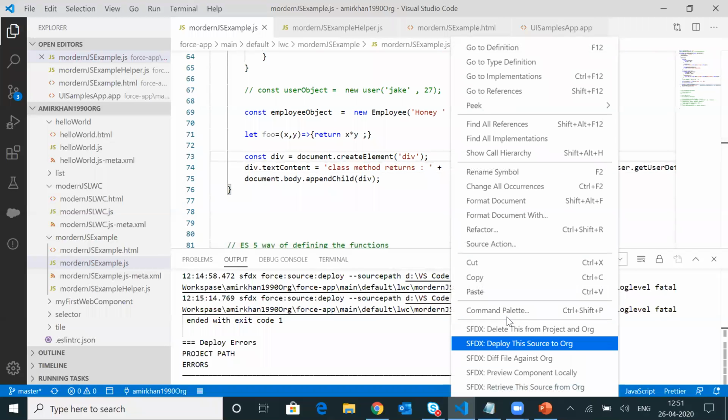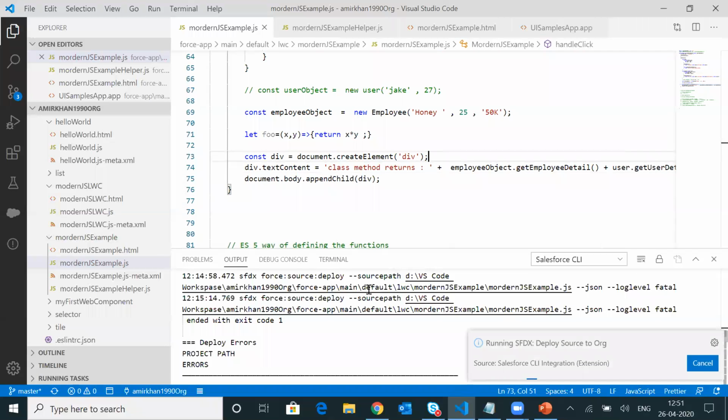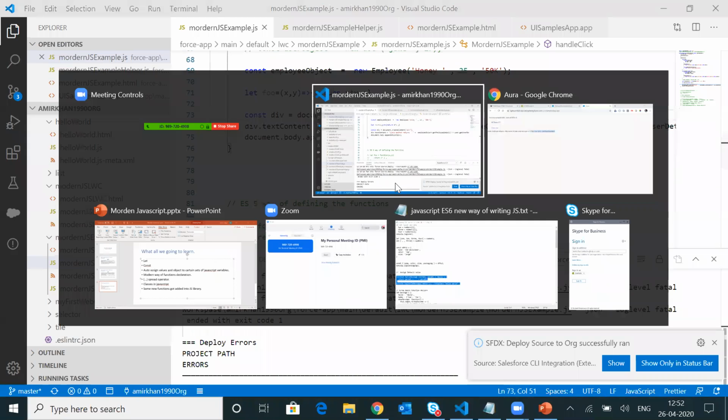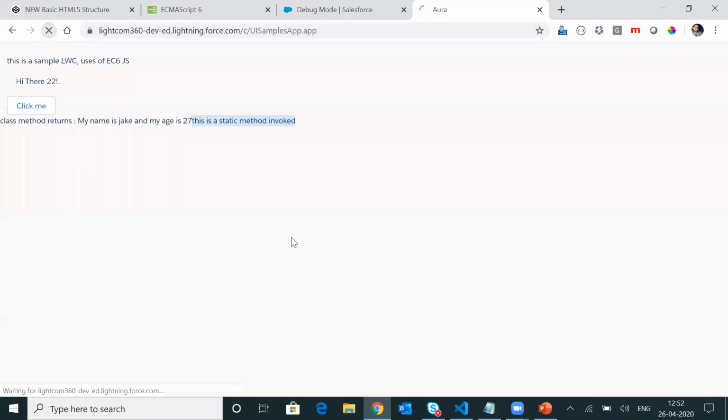Now saving it, deploying it. My code got successfully deployed, and let me go back to my browser and validate my code.